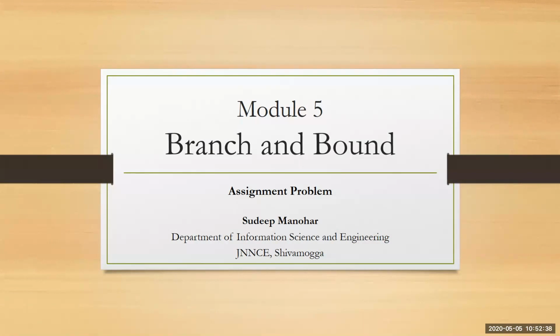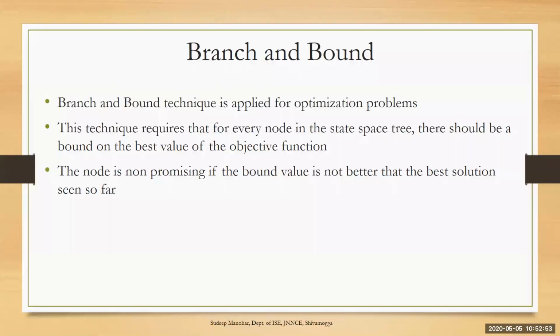In the syllabus copy, it's been mistakenly typed as a program and bound. Make the corrections, it is branch and bound. And in that, we are going to look at three problems. Today, we will see one problem, the assignment problem. So first, we'll understand what is meant by branch and bound. Then later, we'll go for the assignment problem.